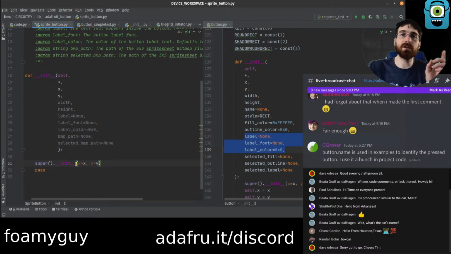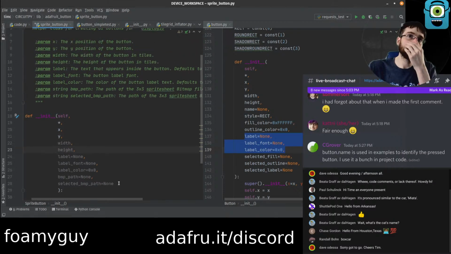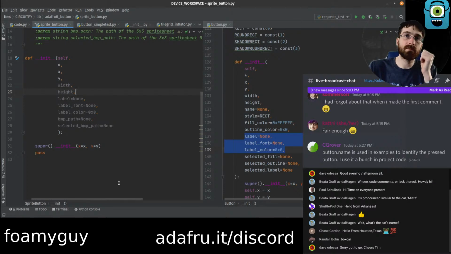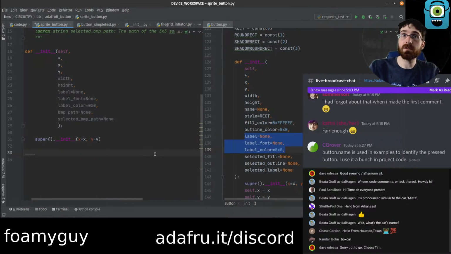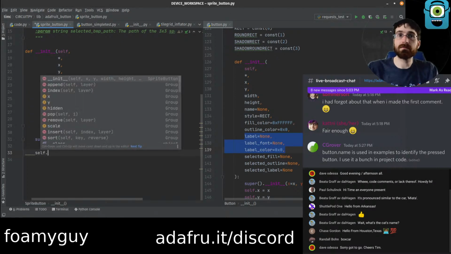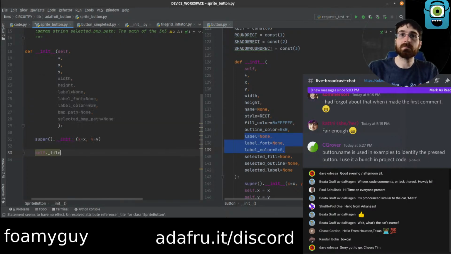Okay, so this creates a group, our self-instance group, and puts it at XY, which is what the user specified for the location. So now we make a tile grid. We make a button tile grid.